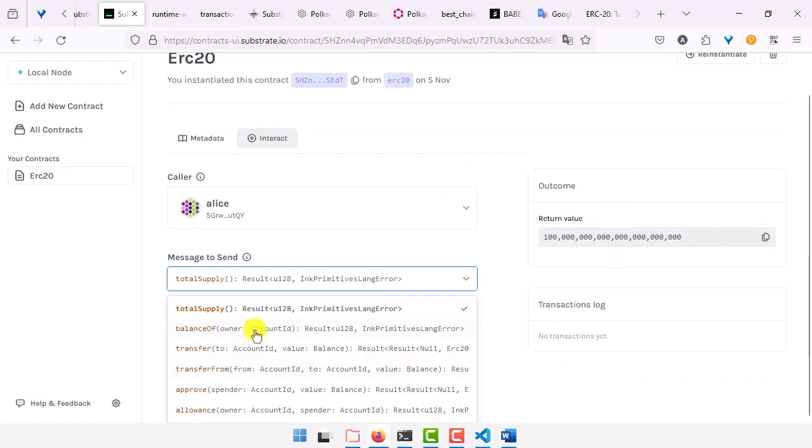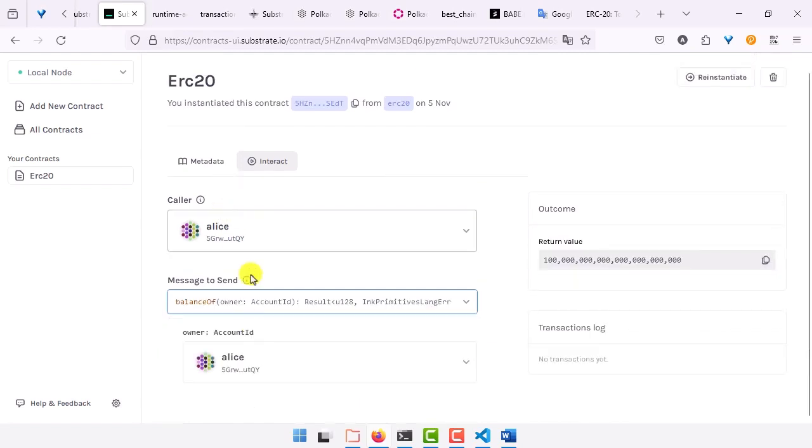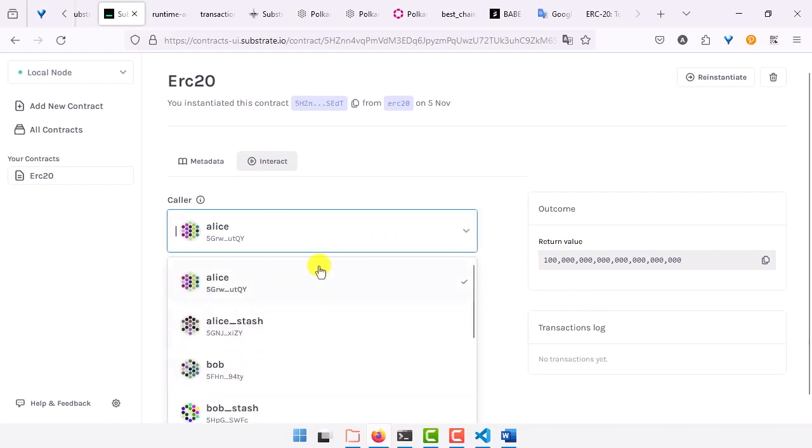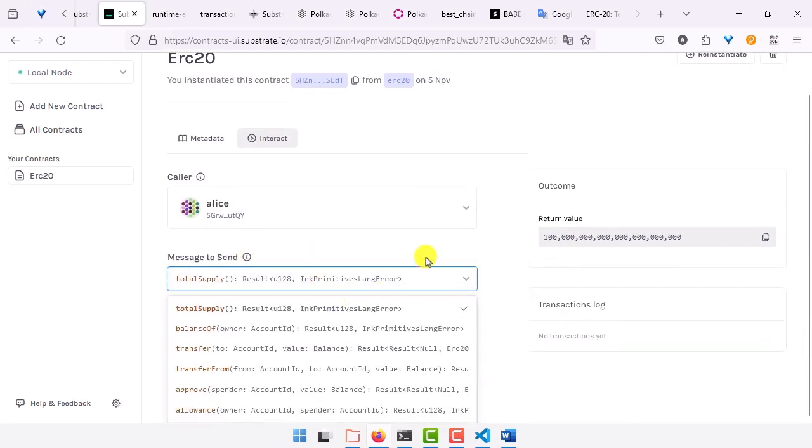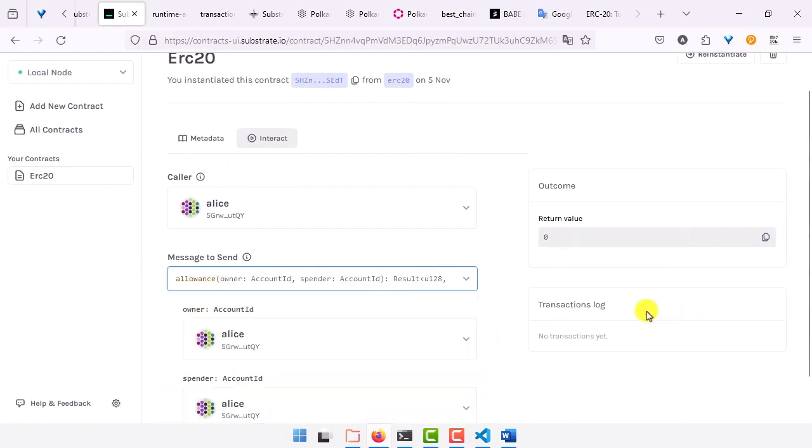but before that, for example, you can check the balance of Alice, because Alice is the owner, and obviously Alice will be the token owner and token supplier. After that, we can send a message. We can select a different method. Aloneness is one of our important